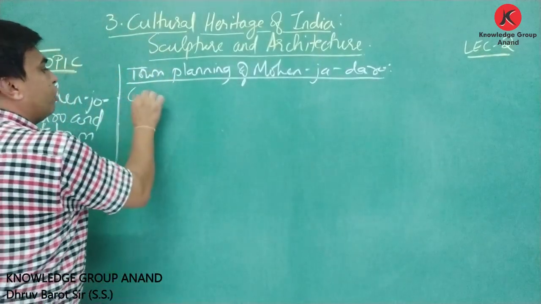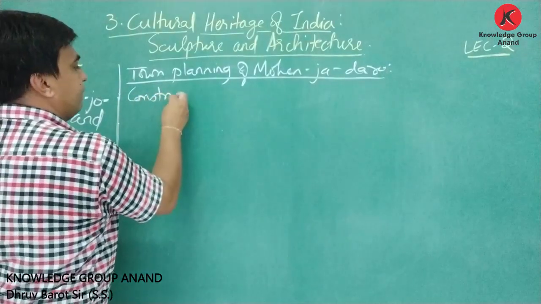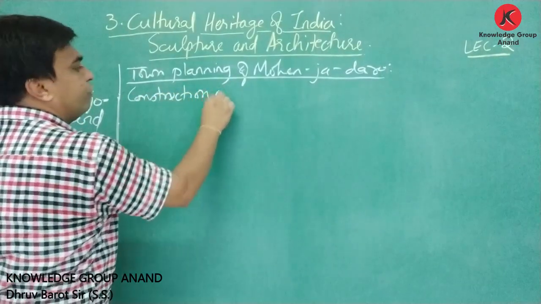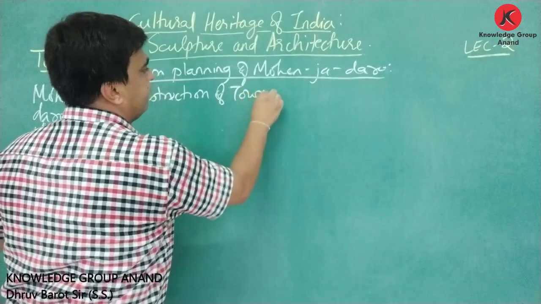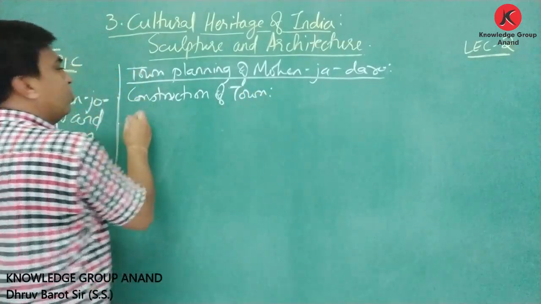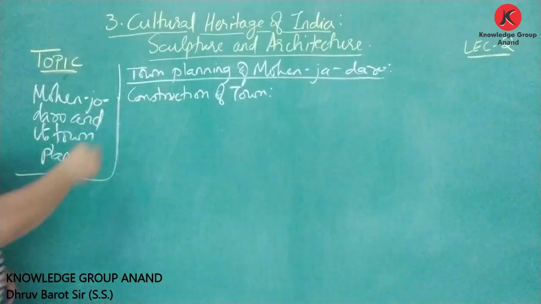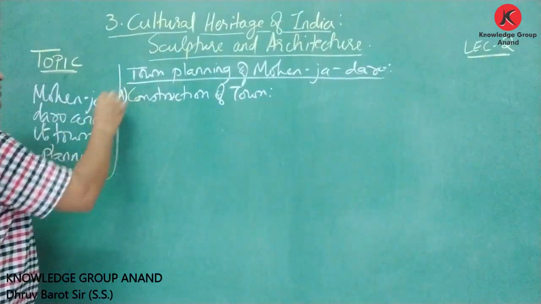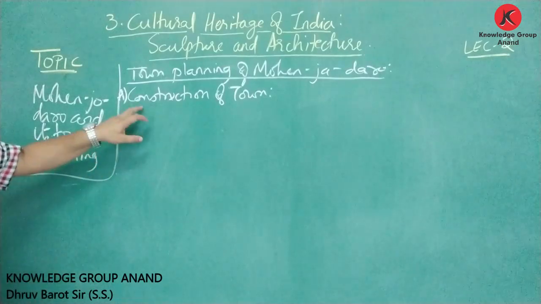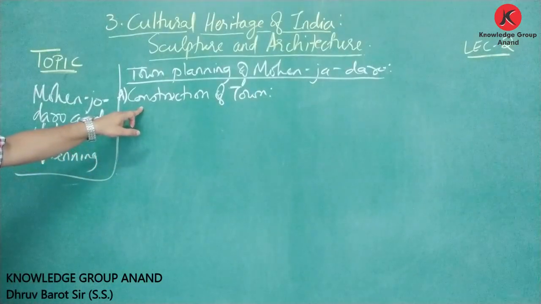Let us start from the construction of town. Construction of town of Mohenjo-daro. Here it is. Starting with A, there are different sections. First, starting with the construction of town,